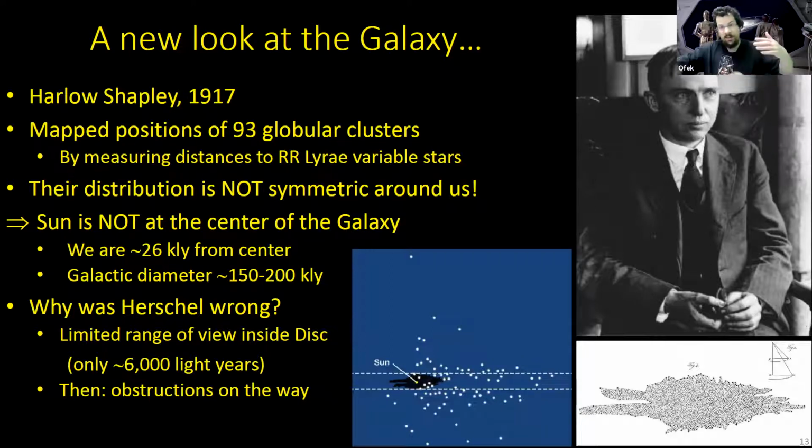On the distance scale of a few parsecs, of 1 or 2 parsecs, you might mistakenly think that you're at the center because it's symmetric around you, right? We're in a spiral arm. In the spiral arm, it's mostly symmetric around us as far as we can see. So you'd think that that's the entire galaxy, or he thought it was the entire galaxy.